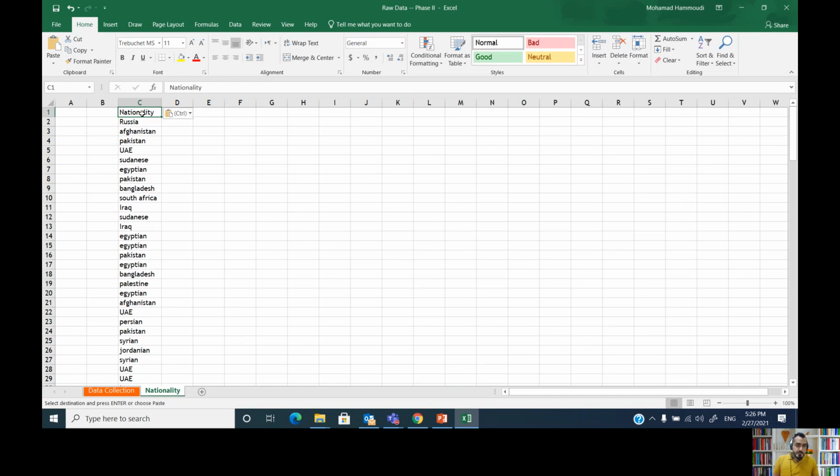This is an ungrouped data set, and the objective is to convert this ungrouped data set into a grouped data set. Of course, we can write the nationality in the first column and count, but counting is a time-consuming process, especially if you have a large data set. So how can we do that? In Excel, we have a very fantastic statistical feature that we will use in order to prepare the grouped data